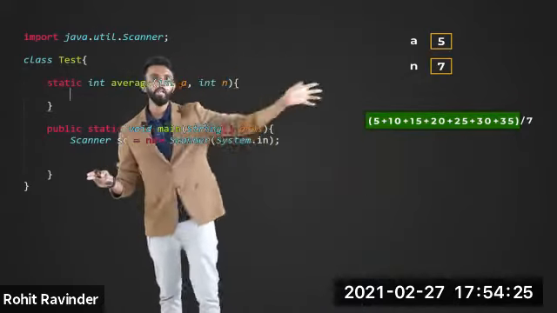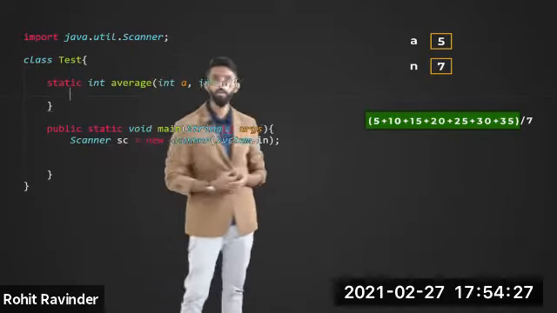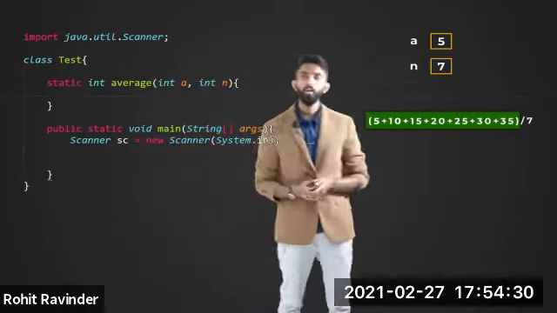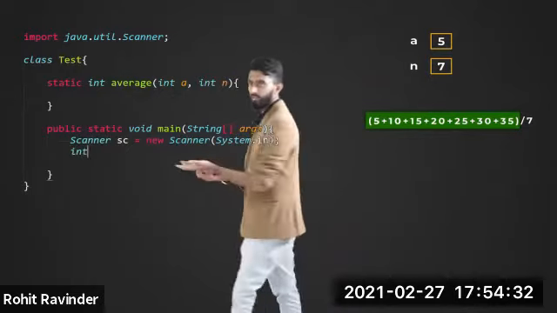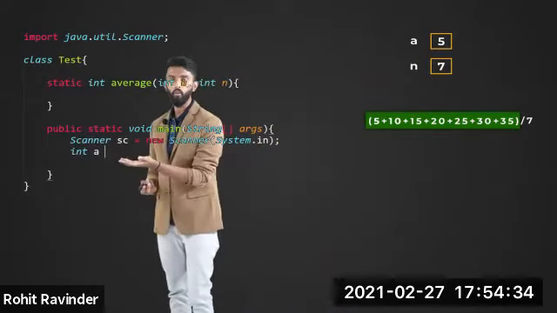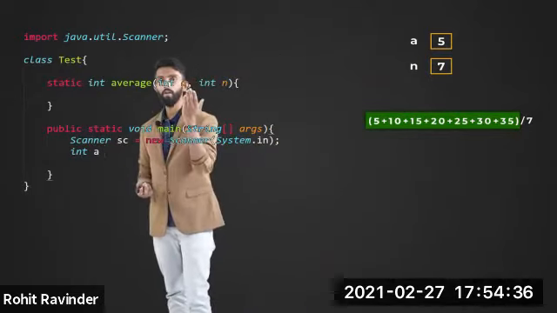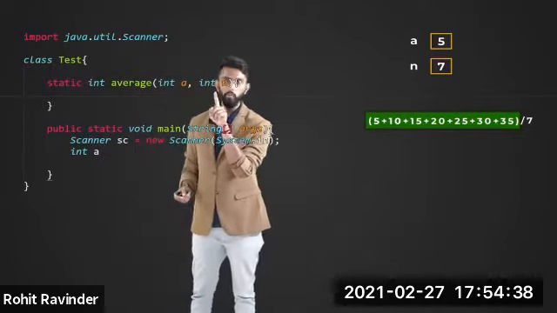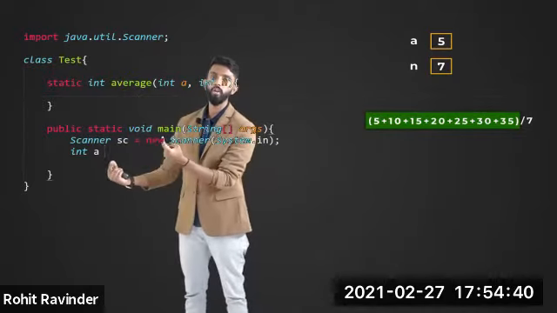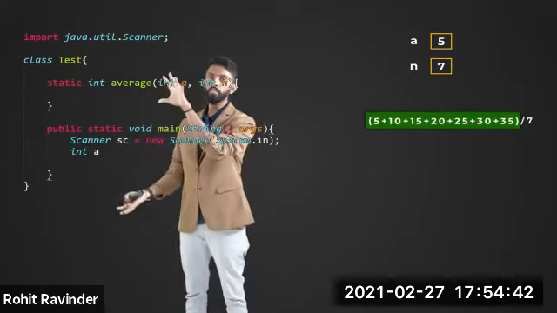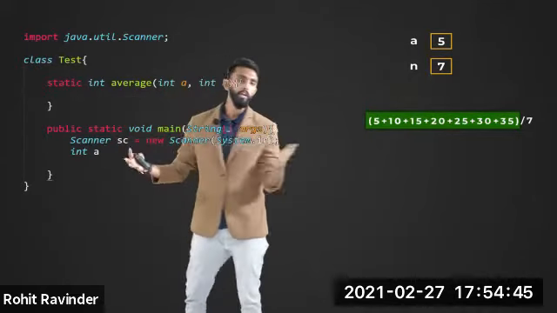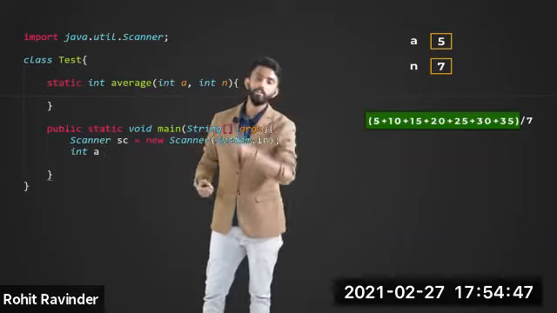But first let's take this input from the user. So inside the main function, I'm just going to declare integer A itself. We will call it A itself. Those of you who know Java know that it doesn't matter. You can use the same variable names because this is a local variable of the average function. This is a local variable of the main function. Their scope is different. Name clash does not happen. If you did not understand what I'm saying, then it's time for you to seriously spend some time learning Java.